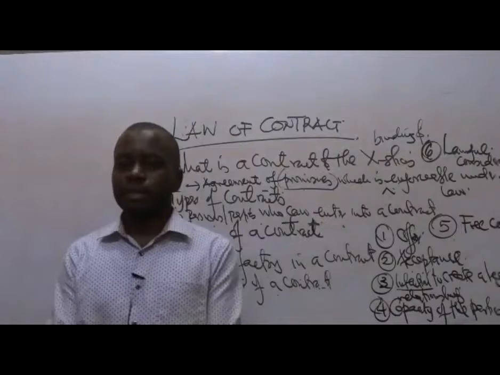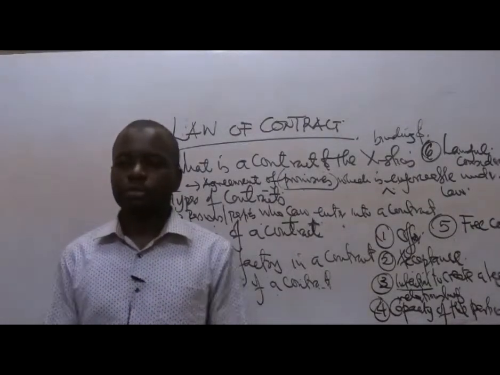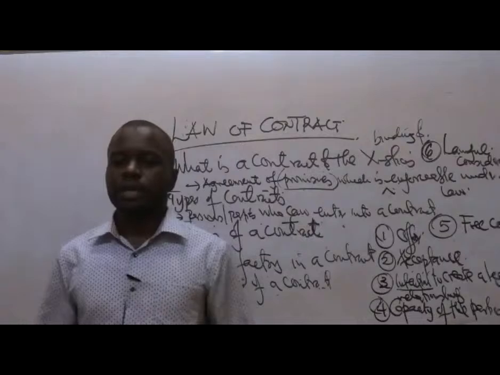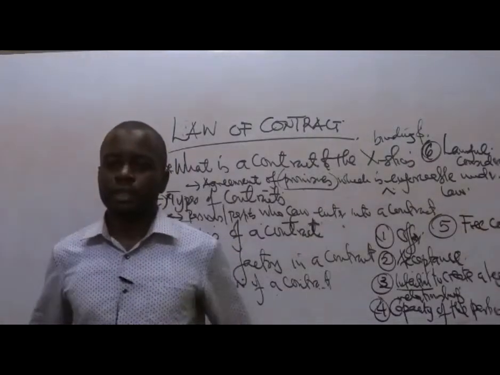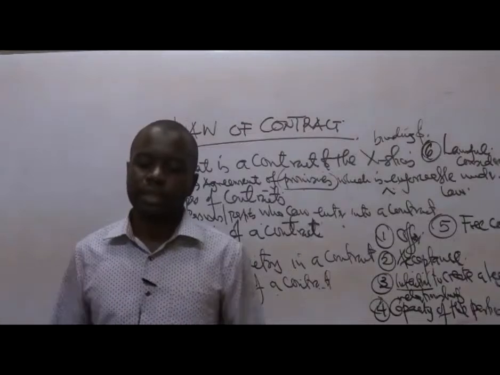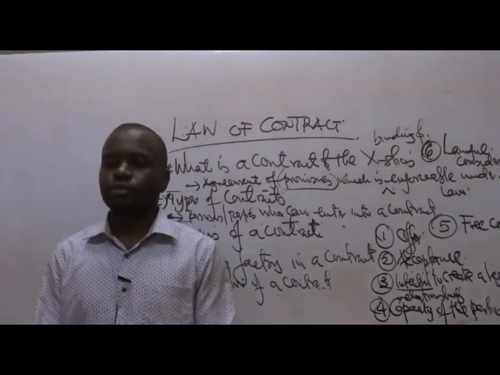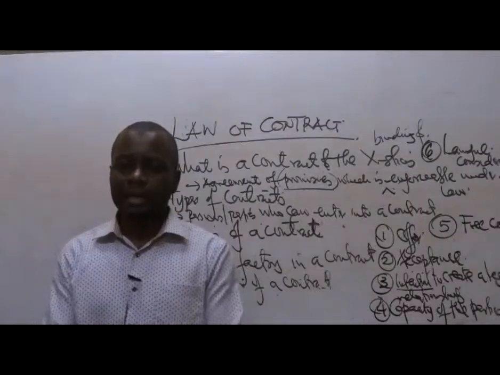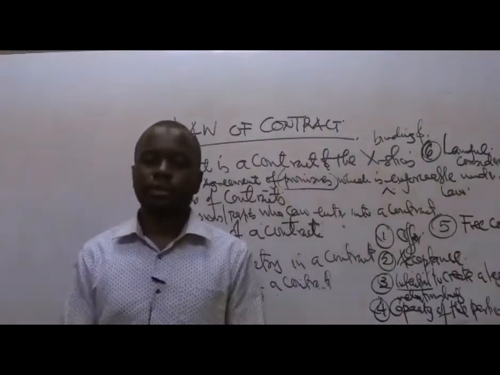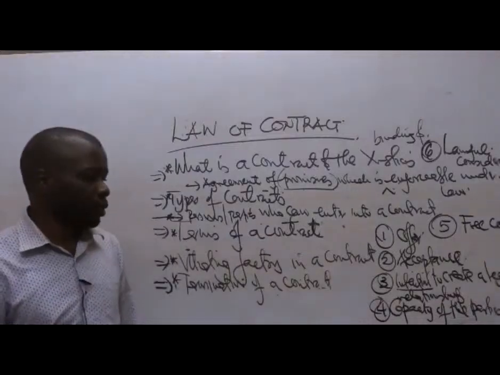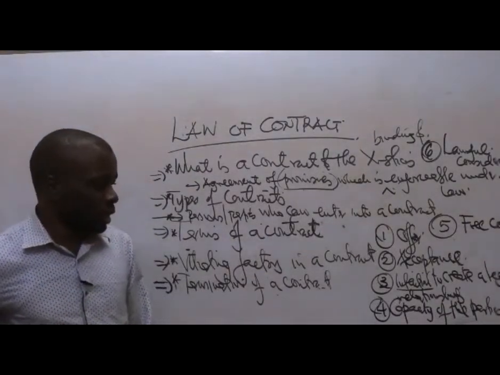Does this other party have the capacity to enter into a contract? Is he a person of unsound mind? Is he a person who has not attained the age of 18 years, or has he attained the age of 18 years? This has to be looked at. It is an essential element that should be present when an agreement is being entered into and concluded as a contract. That's what we mean by capacity of being able to contract.